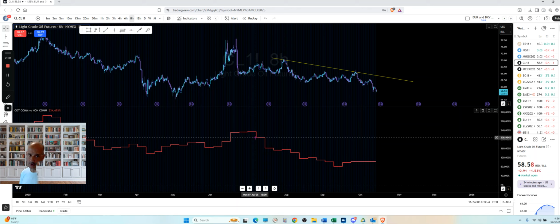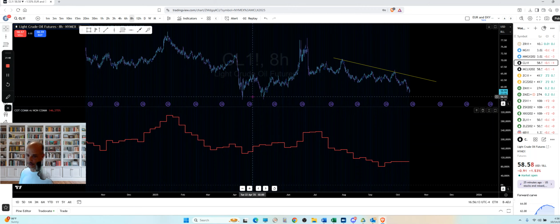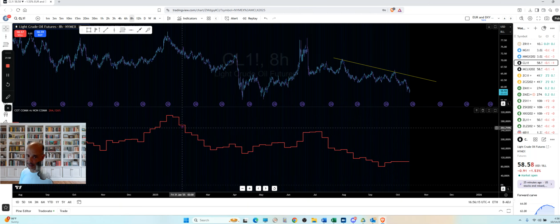and this works on any time frame. I would recommend not doing this on anything shorter than 1 hour because it gets too granular. But essentially, if you zoom out on your chart, it creates this stair step on the COT, and every time there's a change in this stair step, that's the weekly update.